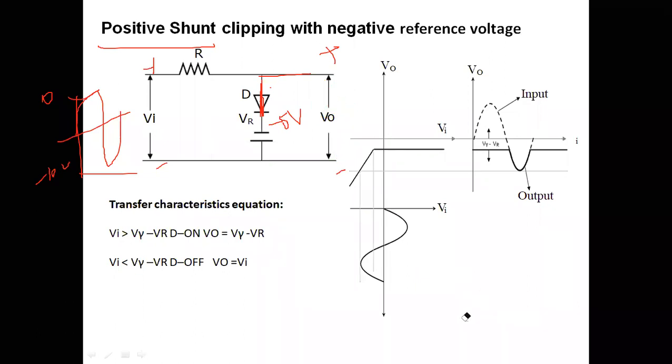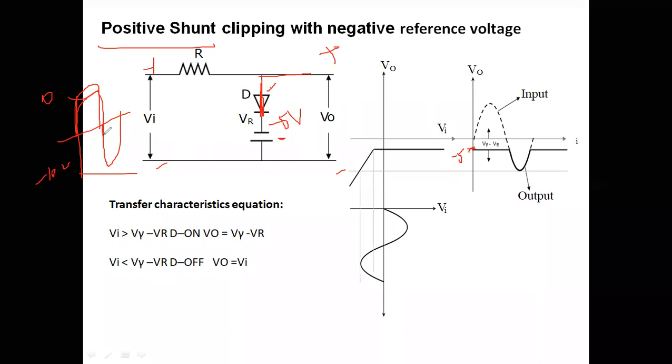The voltmeter will show minus 5 volts. Therefore, our output will be placed at minus 5 volts. In the positive cycle, output is minus 5 volts. Our output is minus 5 volts for the complete positive cycle. The diode will be in on state only. Whatever the positive voltage we had applied at the anode, the diode will be in on state, and these minus 5 volts will occur at the output terminal. Therefore, output will be minus 5 volts.